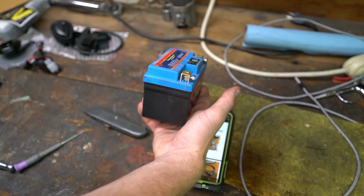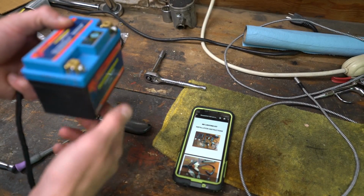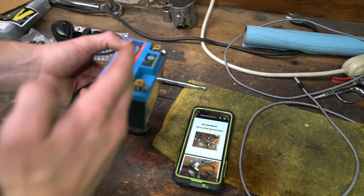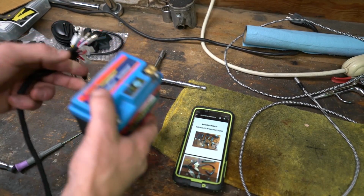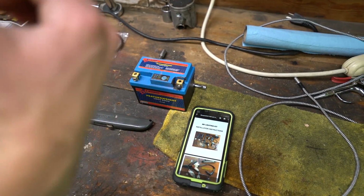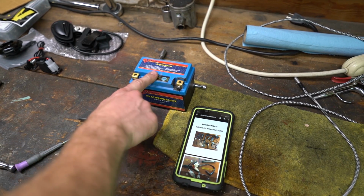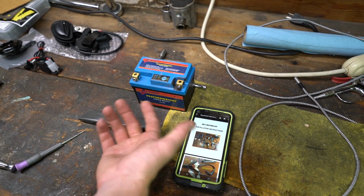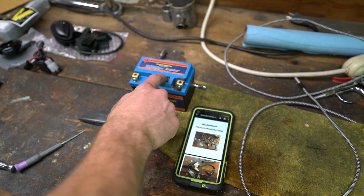It's not terribly small. I might upgrade this to an 8-cell anti-gravity battery, where it's pretty much this cut in half, and saves a ton of space, way easier to mount up where there's not a whole lot of room, like on this bike in the airbox. But for now we're just gonna mock that up in the airbox, and it should fit. It'll be tight and probably not the best looking, but for now, just to test this out,